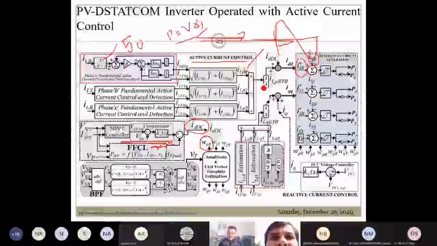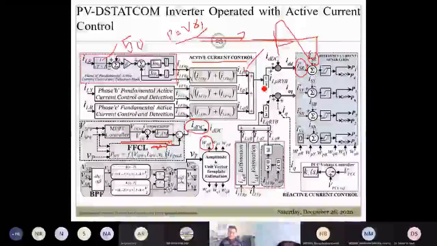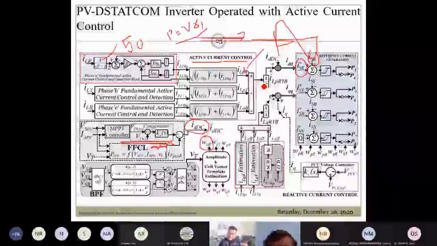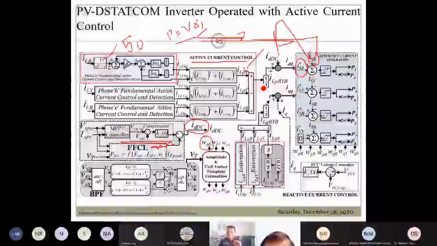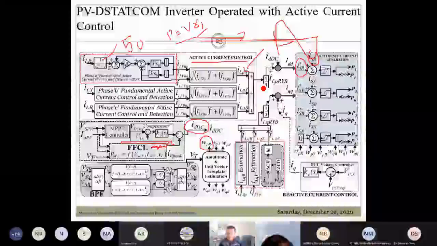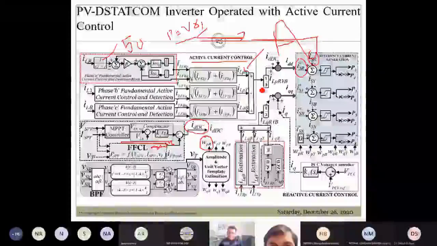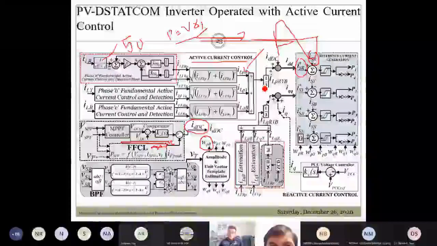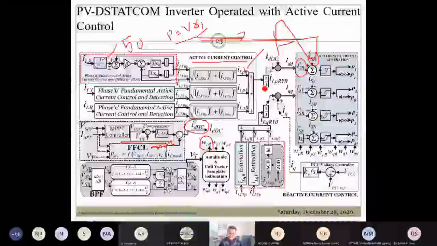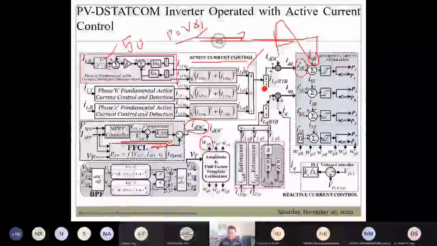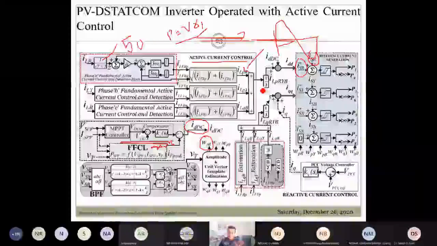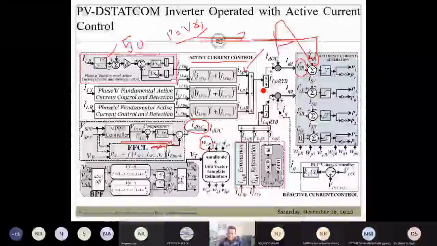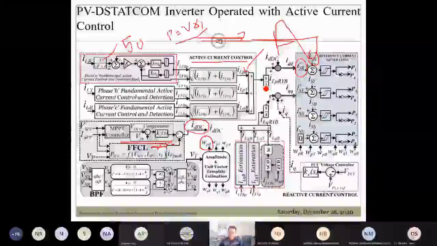See, earlier what was happening? Earlier, if you refer to the IEEE standard 1547, during faults the inverters were asked to isolate from the grid. But the problem is that there might be a case where the fault disappears within a few seconds. Now what will happen? There is no generation, and to reconnect these PVs, it will take another half an hour to connect all these PV inverters. So this is not a good solution.